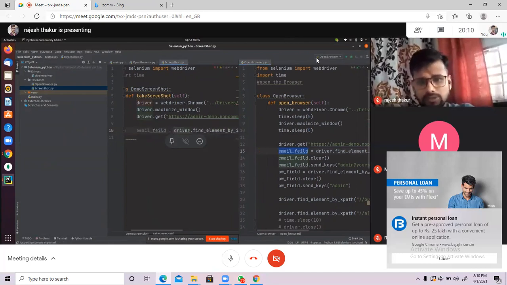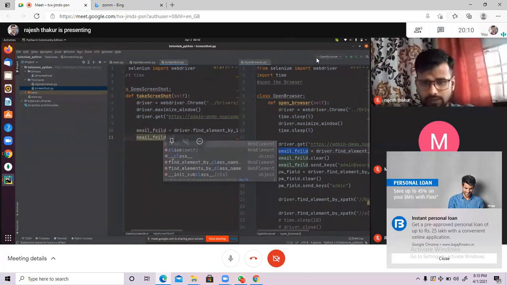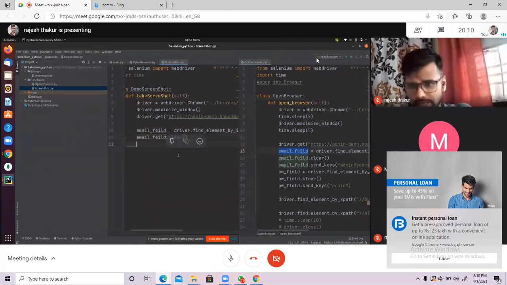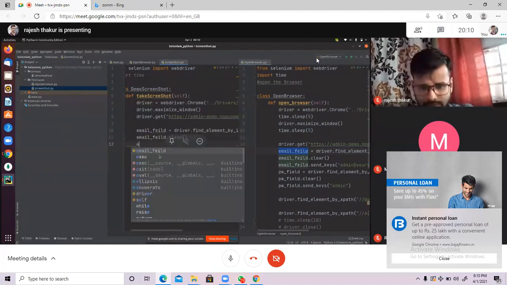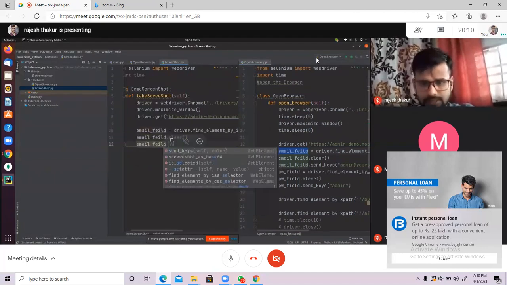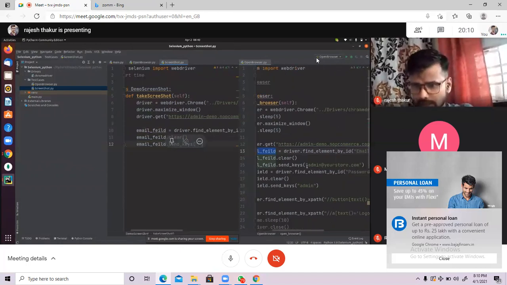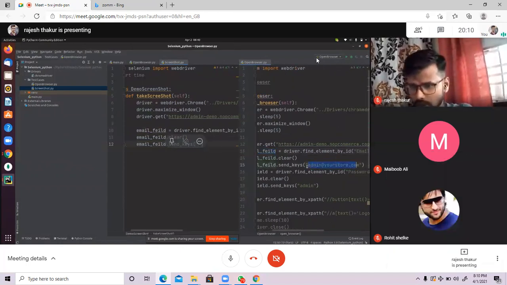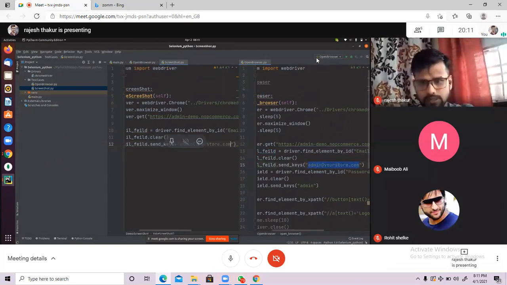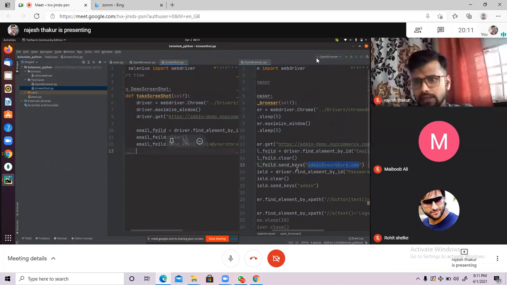Right now we are typing, but going forward we will just copy paste because these are the common things. Next, we have to clear the email field, right? Email field dot clear, so it will clear that. Next, email field dot send keys, and here we have to pass our email. So admin at yourstore.com. Control C and Control V. This is done.